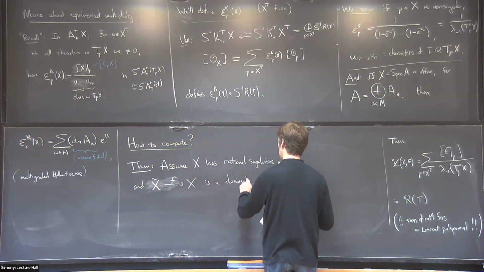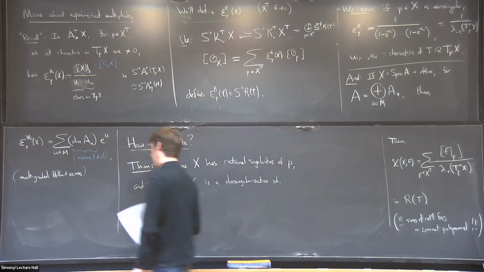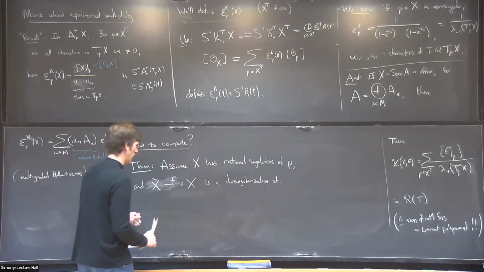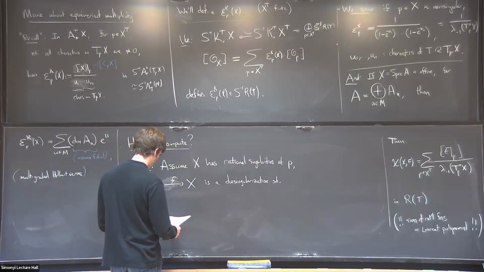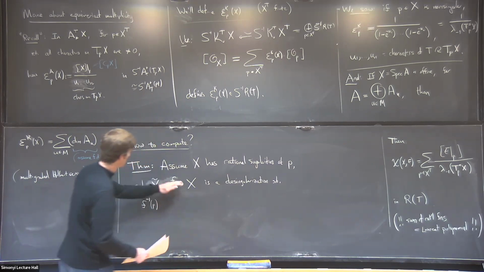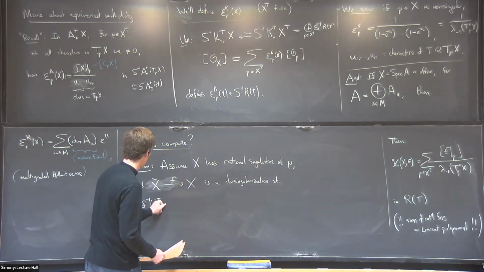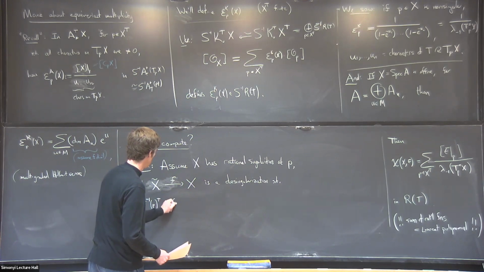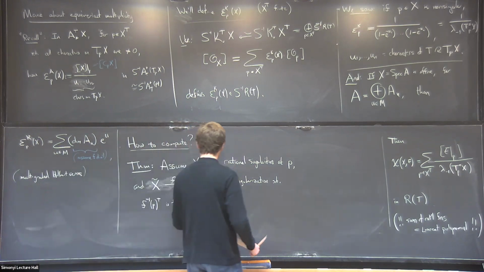So let's assume X has rational singularities and take a desingularization. And again, this is not a strictly necessary hypothesis, but it'll make the statement cleaner. So I want to make sure that the inverse image has finitely many fixed points. Okay, then